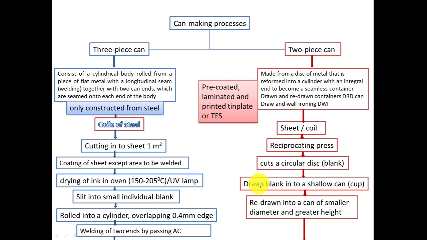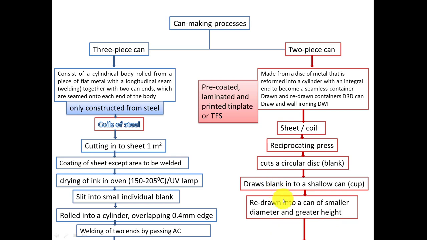But when we carry out the process of drying, the height is not that much, but the thickness remains almost constant. So the cup depth is not that high. To increase the height of the can, this cup is further drawn, and that is known as the redrawn process. First there was a metal disc, it was pressed and converted into a cup, and now this cup does not have sufficient height. Just to increase the height, it is redrawn into a can of smaller diameter and greater height.